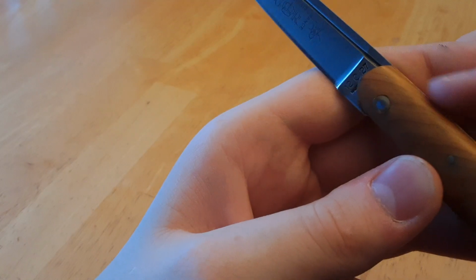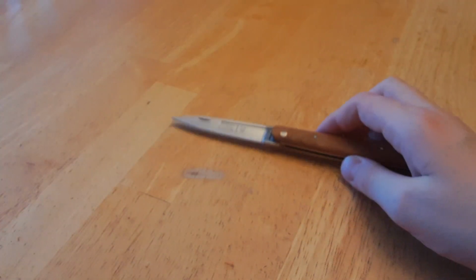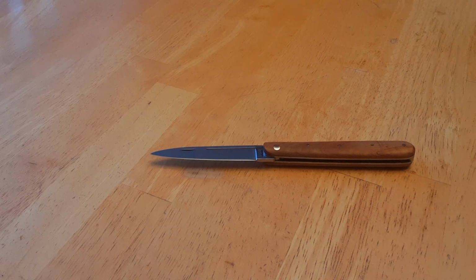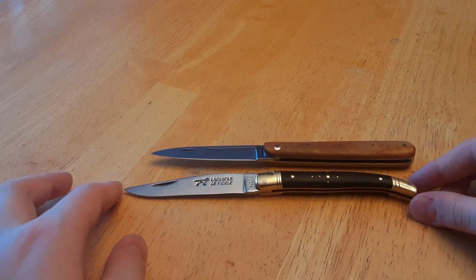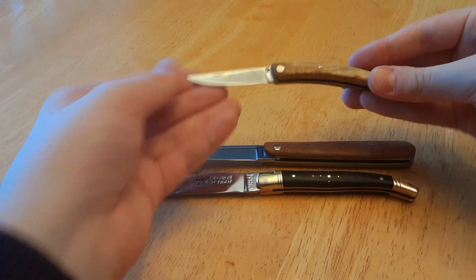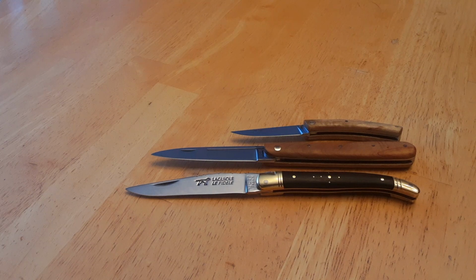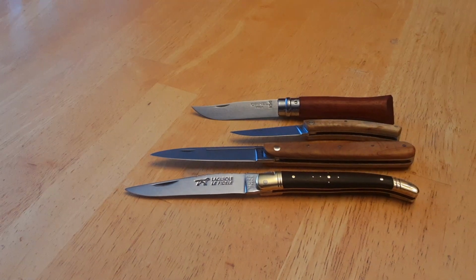You also have 12C27, which is a super common steel. In fact, I have a bunch of other French knives to compare here, and all of them, yes, every last one, uses 12C27. Here we have a Laguiole Le Fidèle, 12C27. We have another Le Thiers Issard, the Le Thiers. This is also 12C27. And of course, we have the oh-so commonly seen, in my videos at least, the Opinel number 6 in 12C27. So yes, all of the knives here on the